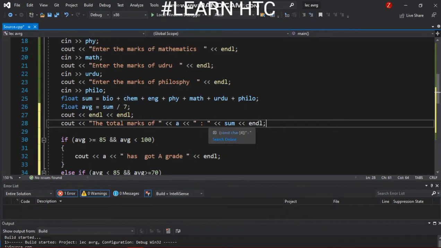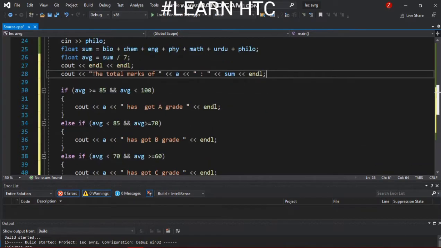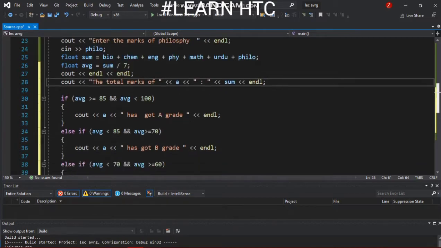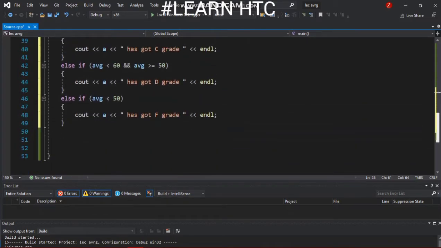It will show the total marks, then it will assign the average, and at the end the grades are assigned.